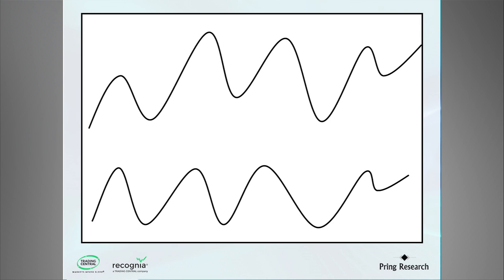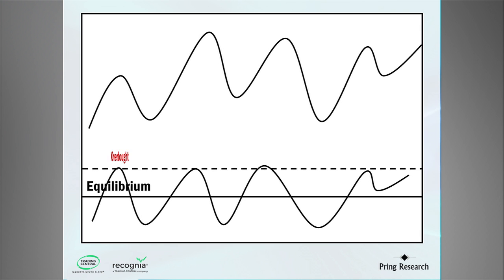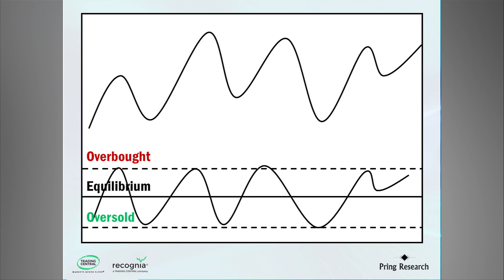So let's start off with the point of balance, the halfway or equilibrium point. Then we can draw in another horizontal level, one where when touched the probabilities favor a decline. This is the overbought zone. Now at the other extreme, where the probabilities favor a halt to the decline, we can mark in the oversold zone. Think of the equilibrium level as the guy and the overbought and oversold levels as the dog at the